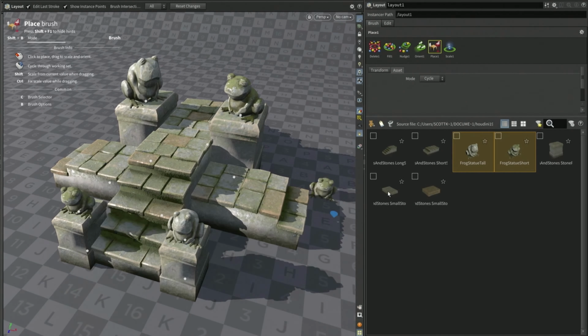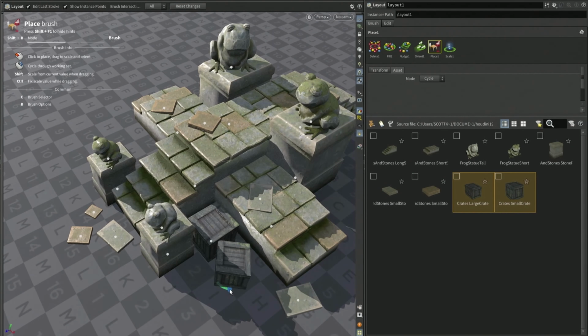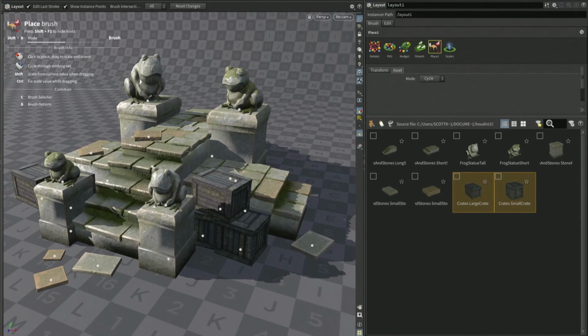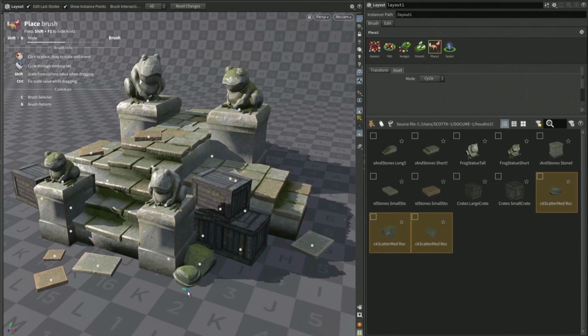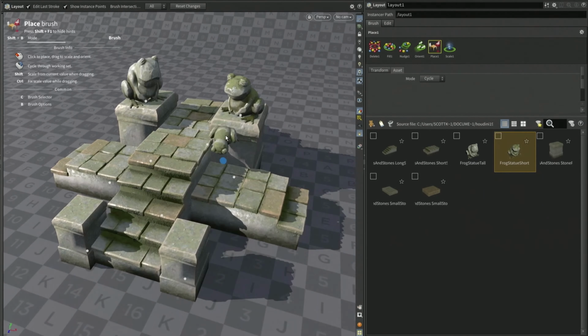Solaris features a number of artist-friendly layout tools that allow you to quickly and interactively pick and place assets. Instead of the text-heavy UI from before, there are tools for placing things more interactively and intuitively. So in this particular example, the layout artist is using our pick and place tool.